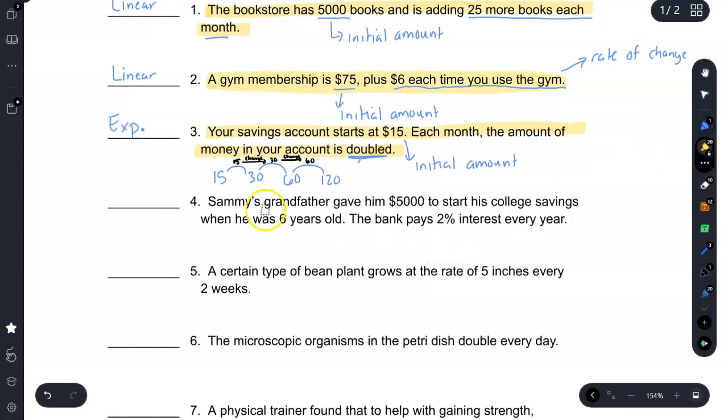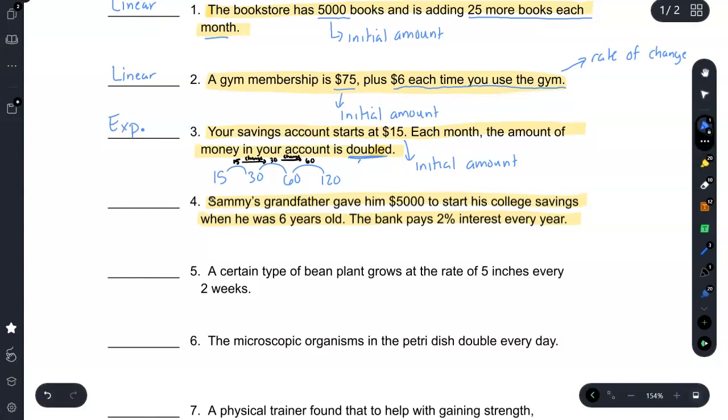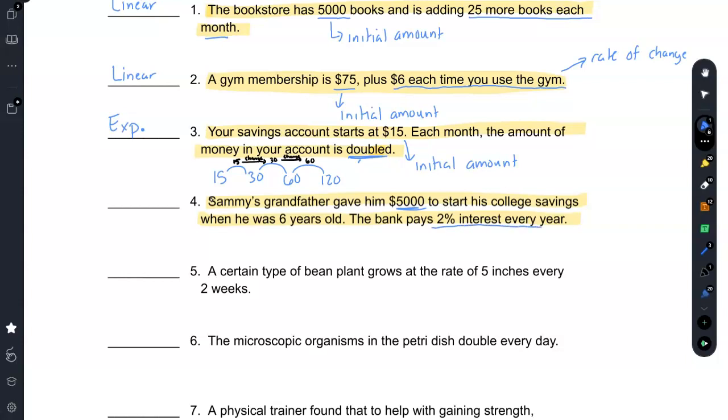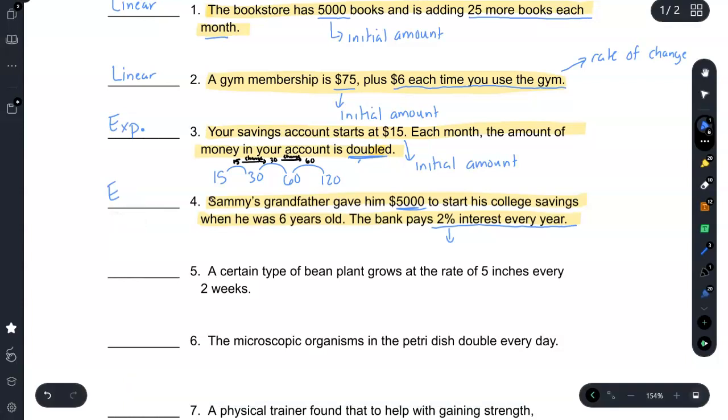Sammy's grandfather, let me highlight, sorry, gave him $5,000 to start his college savings when he was 6 years old. The bank pays 2% interest every year. So with this one, $5,000 is my initial amount again, but the rate that is changing is 2% every year. So when I see the word percent, I should think exponential. I'm going to go ahead and write it, but I'm also going to explain to you how it is that